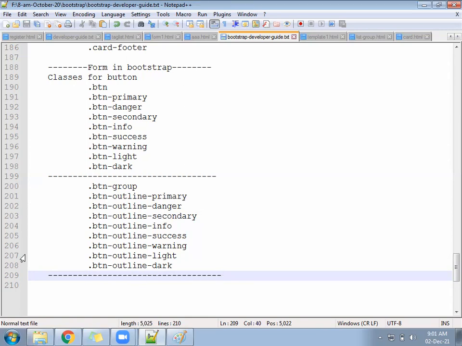The client will decide. Client will decide, yes, don't use Bootstrap, or client will say, yes, you can use Bootstrap. Or the top level people, the architect, they will decide, yes, we can use Bootstrap, or we cannot use Bootstrap. As a developer, we will not have any option. Whatever the top level people decide, we use it. Or suppose you become an architect, you need to decide whether you want to use Bootstrap or not.